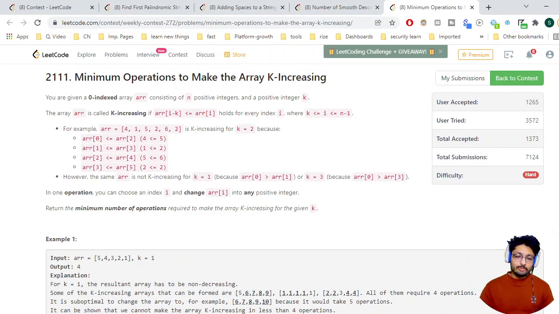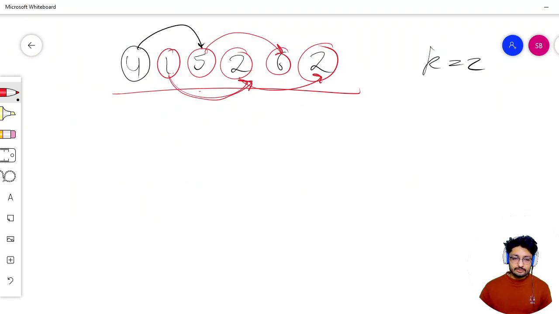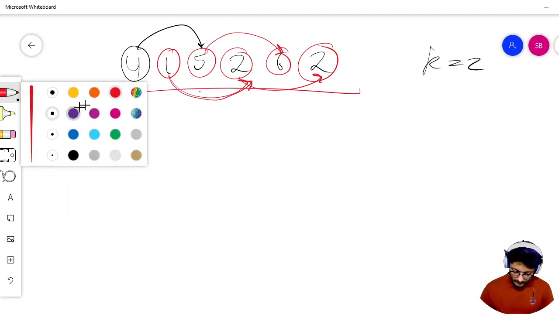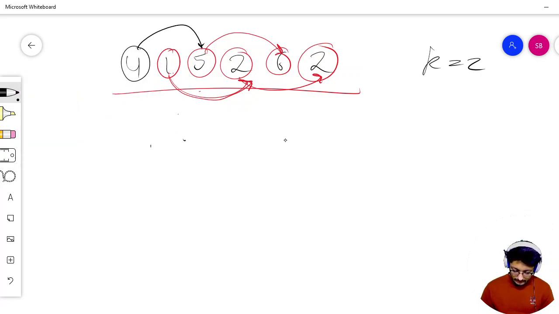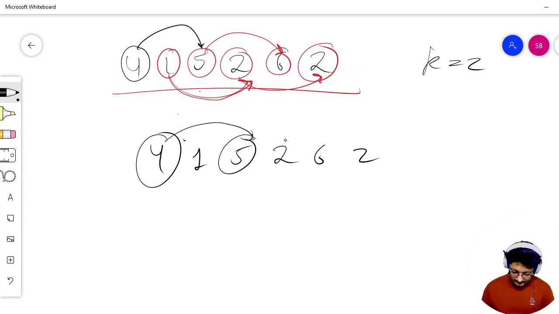The problem statement just states that you are given some k and you have to do the minimum number of operations such that the array becomes k-increasing in this format. You can pause this video, nothing too complicated, but if you take the same example, it will become more intuitive. The first very simple thing is that if you are doing k jumps like this, then the next k is this, next k is this, and there's nothing else.